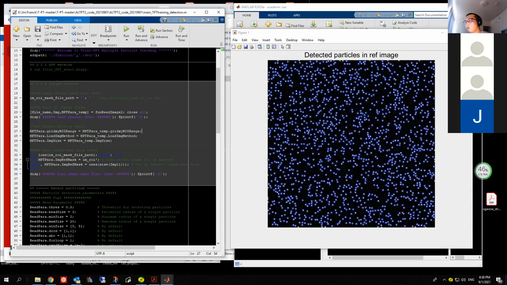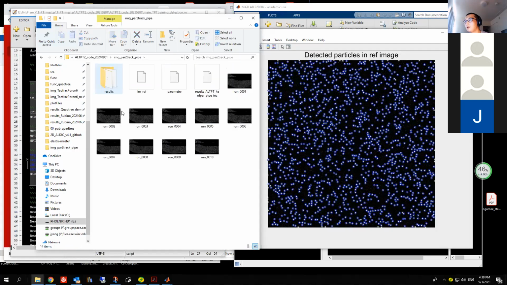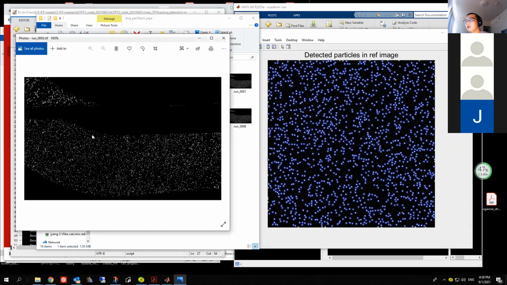Another function I want to introduce before you start your demo: sometimes, like in these pipe images, you may have some region, for example, this is a pipe, right? What you only want to analyze is the bottom part. You don't want to analyze the very top left, or maybe some particle here. If you want to remove these regions, because they may affect your overall particle tracking algorithm,